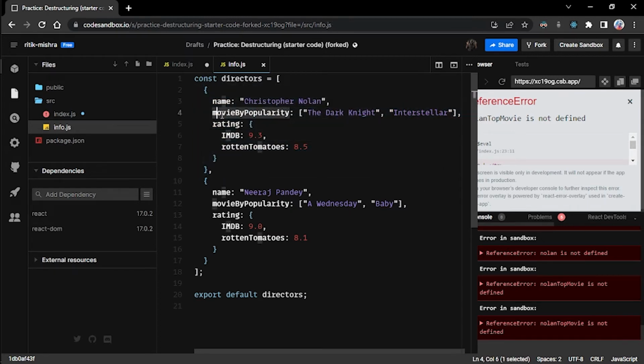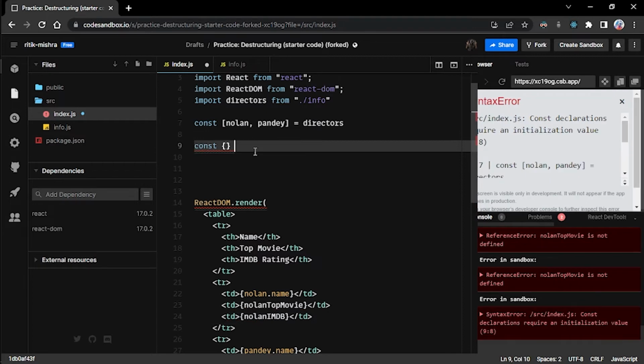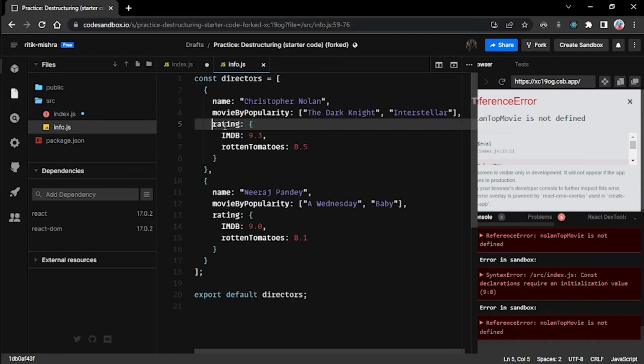So whenever I'm referring to any property of it, I need to use precisely the same name as mentioned in the original array. Okay, now what I mean by this is, because we are dealing with an object now, I'll be using these curly braces,